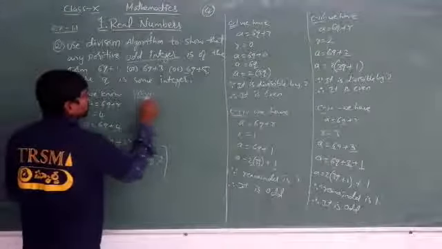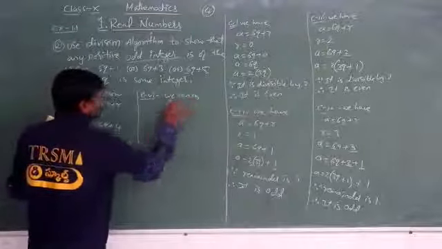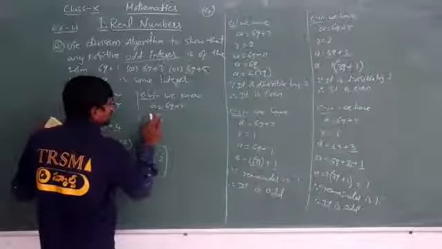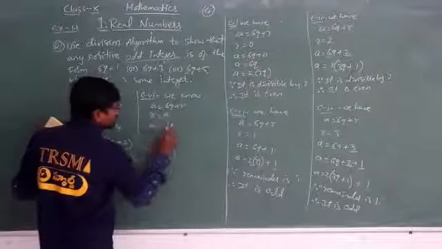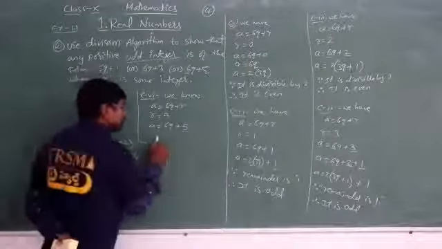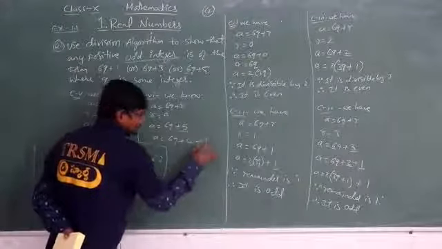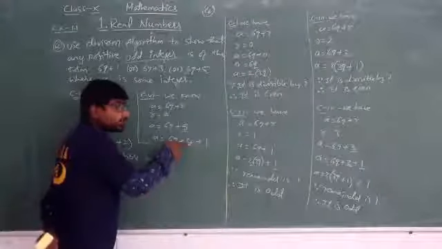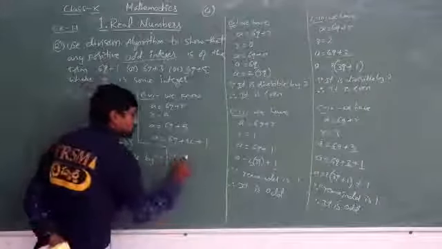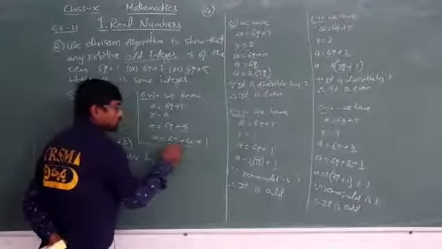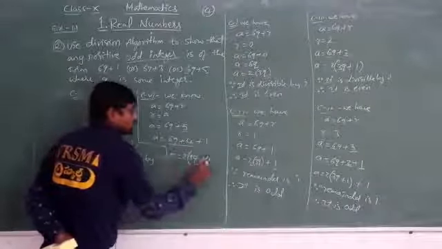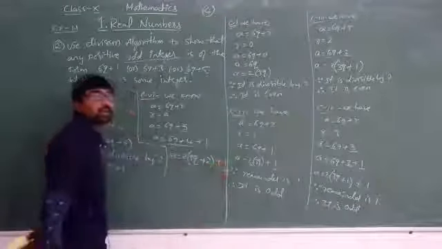Case 6. We know a is equals to 6q plus r. Here in place of r I have to substitute 5. So a is equals to 6q plus 5. If I want to convert this into even odd system, I will take it as 4 plus 1. This 4 is even, which is divisible by 2, and this 1 is odd. Again I am getting 5. So if I take 2 common from both the terms, I will get 2 3s are 6q plus 2 2s are 4. Here I am getting extra remainder as 1.